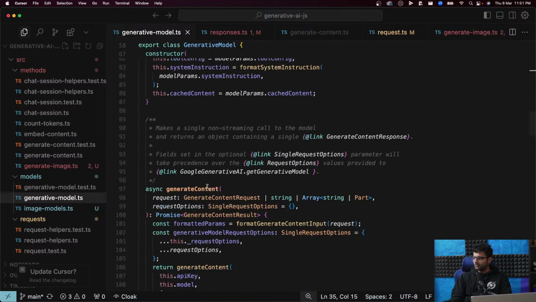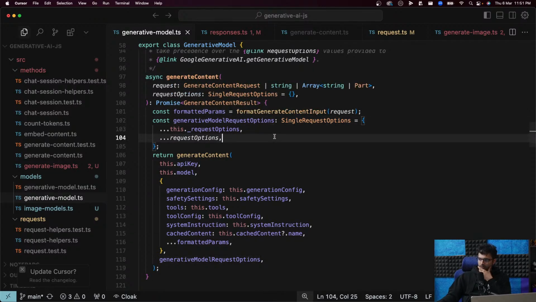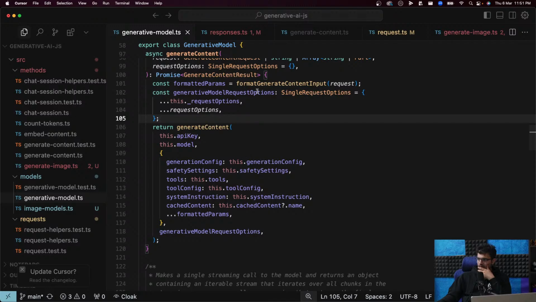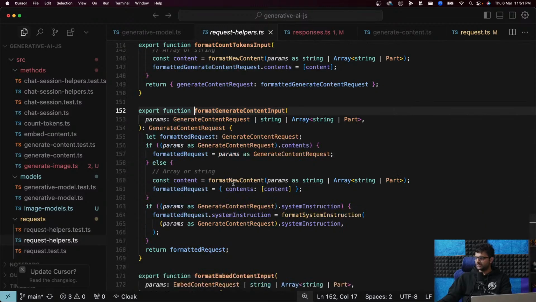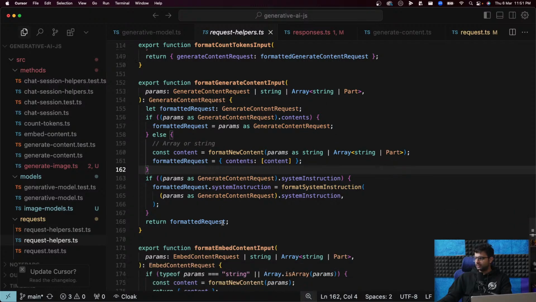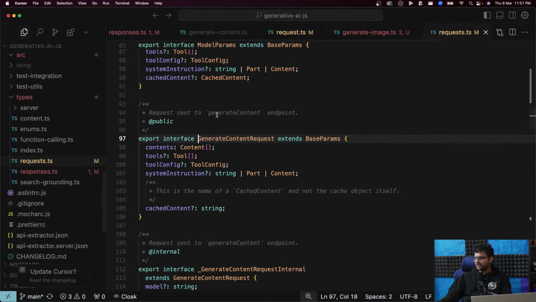So how are you creating the request object? Generative model request options equal to, that's fine. This is not what I wanted. There you go. Format generate content input, which exists in request helpers. Formatted request, which is nothing but generate content request.